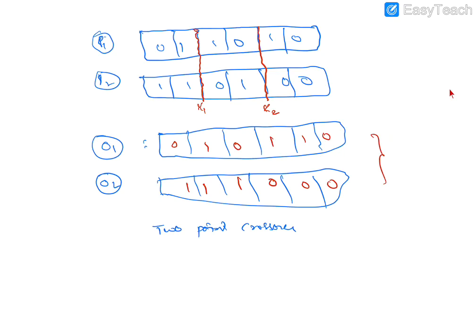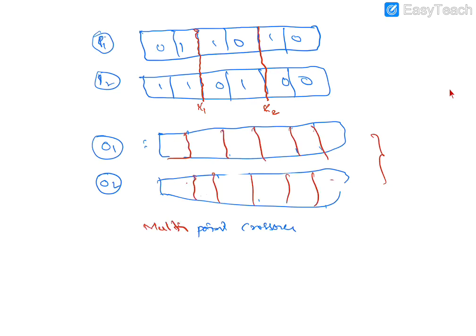In case of multi-point, one more concept is there. If you look carefully, in the multi-point crossover method, you have to take one more point that will be treated as K3. Here we have 3 points, K1, K2, K3. More than 2 we consider as multi. Listen carefully: K1, K2, K3. Here the left side I am going to modify, that is P2 for O1 and P1 for O2, and the remaining 1, 1 as it is, and 0, 1. So alternatively we are going to make the modifications.